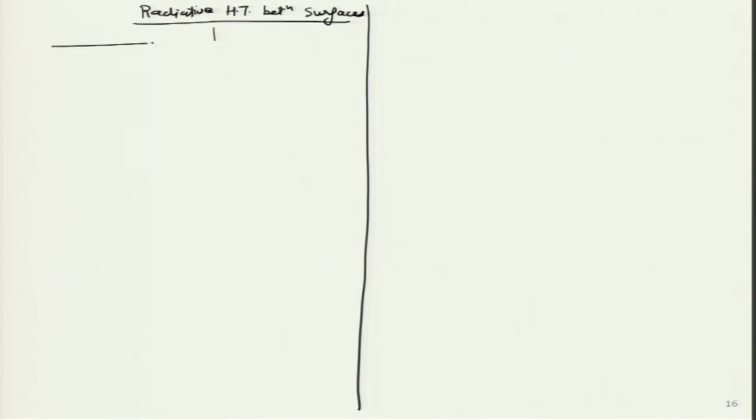And now let us apply it in radiative heat transfer. I will consider two cases of radiative heat transfer between surfaces. One case will be very simple, that we will start with today, because whenever we are learning something new, we start with simply black surfaces, and then we will move on to grey diffuse surfaces.